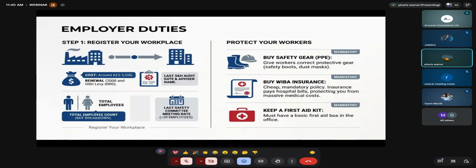under DOSH. The registration is usually 5,000: a registration fee of 2,000, and a levy of 3,000. Before you do the registration, you are supposed to get